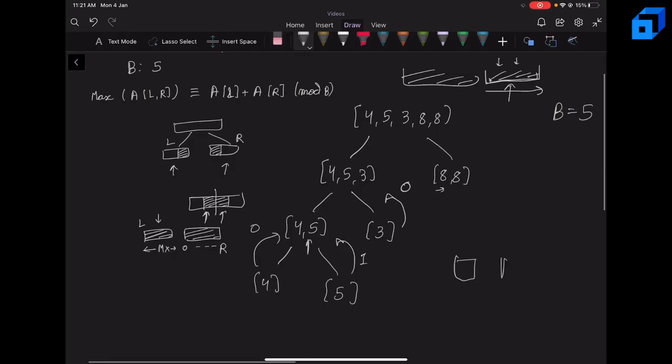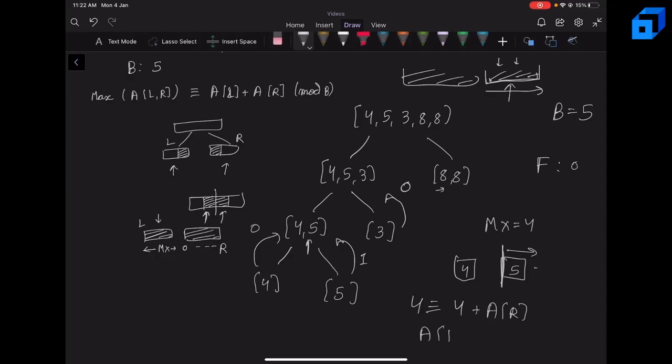So we first consider the case where the maximum lies on the left part. So we have 4 here. So current maximum value will be 4. Now we'll find if we can take the elements. So we'll consider this partition and we can take the elements from here. We cannot take 5 because we want all the elements here to be less than or equal to 4. In addition to that, we will also store the frequency of elements which we have taken in the right index. Currently, the frequency of all the elements will be 0. So what elements do we want in the right index? Maximum value is 4. AL is also 4. So AR will be 0 modulo 5. But the frequency of 0 is still 0. So this conquer part gives no answer. So we return 1 from here.